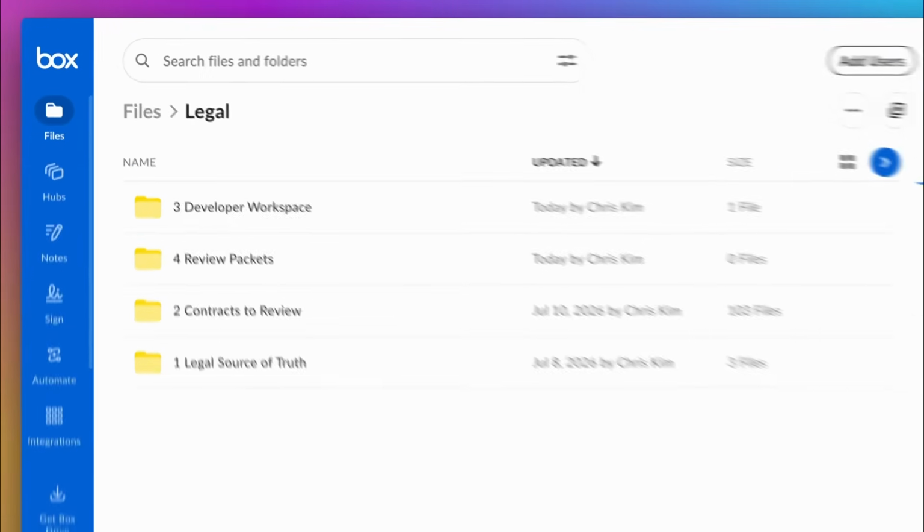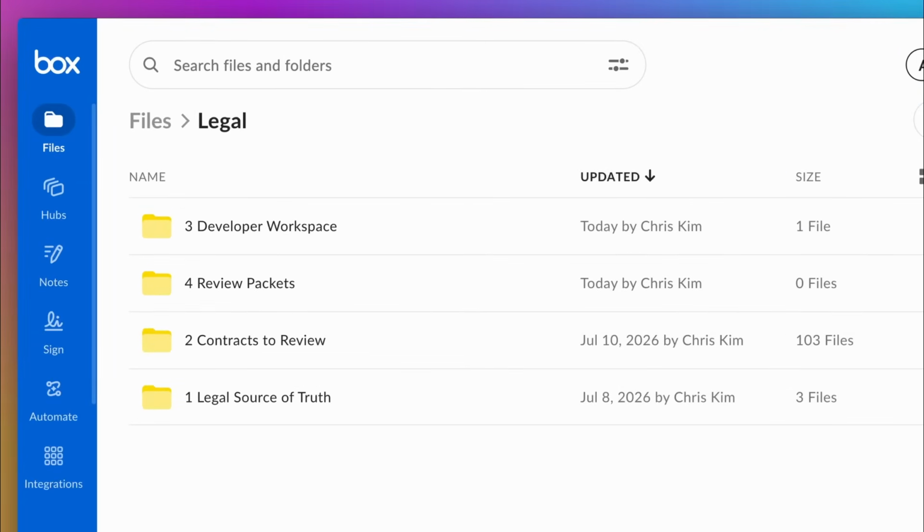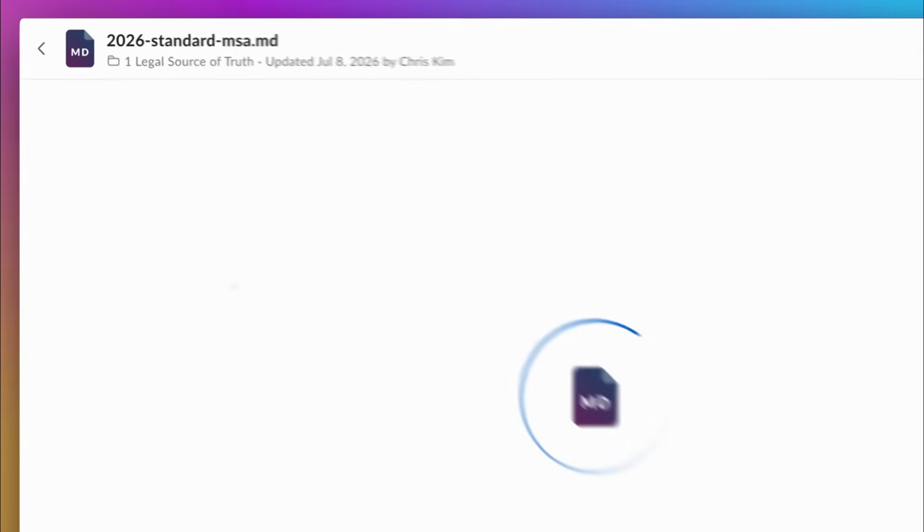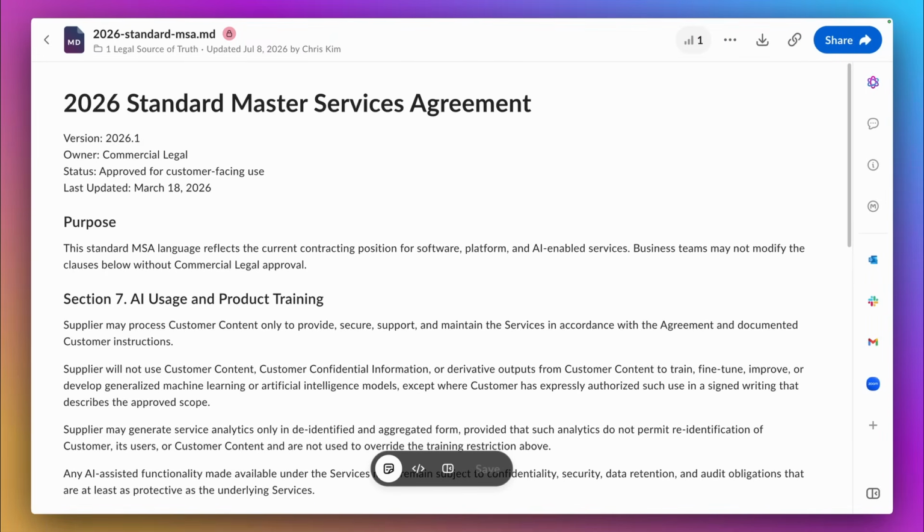In this demo, I'll show how a legal team can review a large contract backlog using Codex, Box, and DigitalOcean. Here inside our legal folder, we have this folder called Legal Source of Truth. And if we look at one of these files, we now have new standards for our master service agreement and